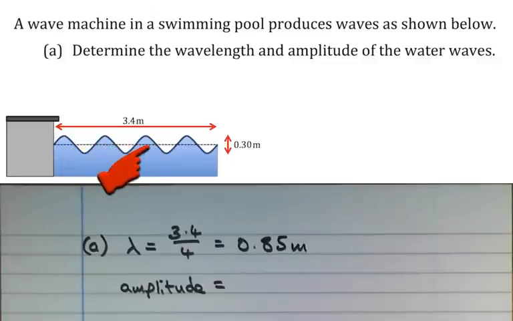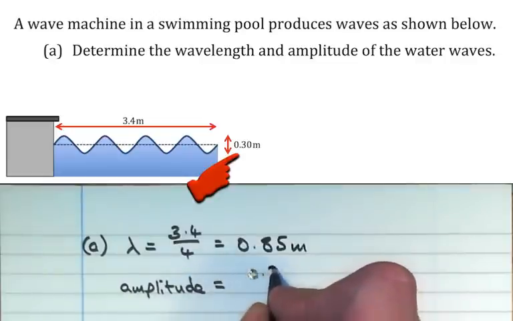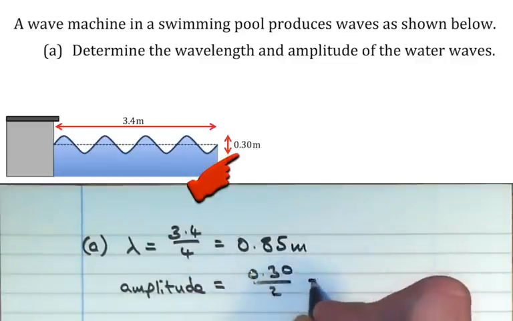But as soon as that wave machine starts, the water molecules themselves start moving up and down. You imagine someone throws in a football or something like that into the pool. The football itself would be bobbing up and down as those waves, say in this case, move from left to right. To measure the amplitude, it's not from the top of this crest down to the bottom of the trough, it's just from the top to the middle, or from the middle down to the bottom. So if we know from the top to the bottom is 0.3 meters, then the amplitude is 0.3 divided by 2, which is